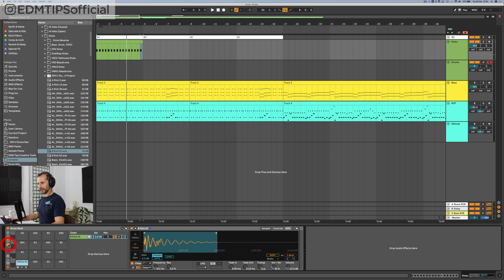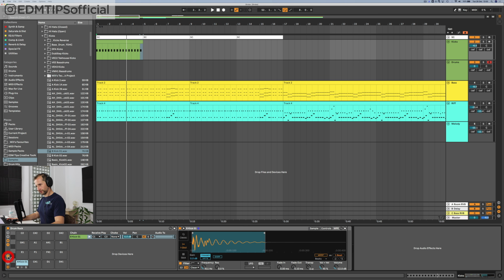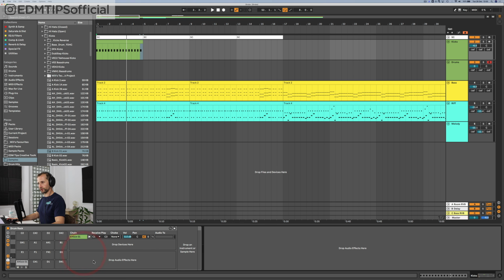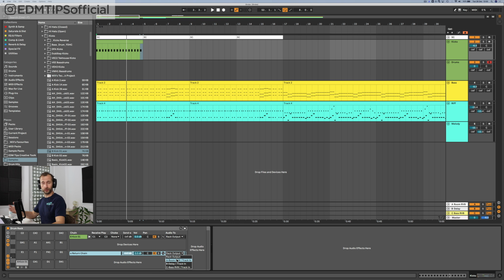And this is how I'm going to add some room reverb. So if you open up the routing in the drum rack, right click down here in drop audio effects, create return chain, and then you can select any of your auxiliary channels that you've created. I've created one by default. I always have the room reverb, which is just a really short decay on a reverb. And let's just close all that up.